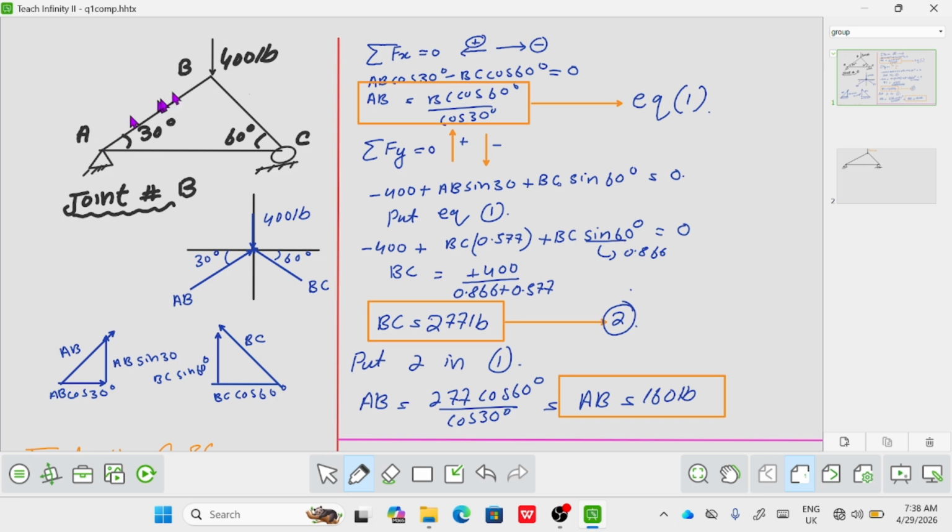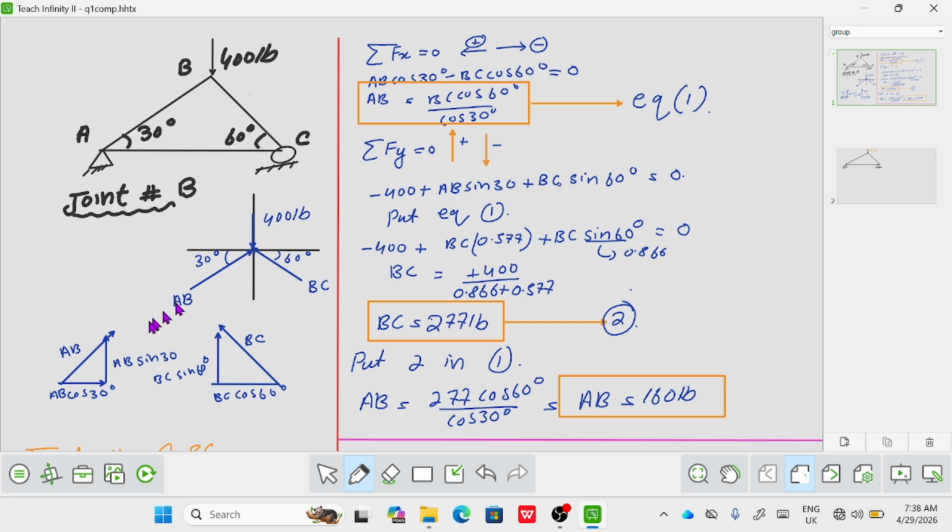At joint B there are two unknowns, AB and BC. These are unknown and 400 is known. So if I draw a free body diagram in the xy coordinate, it will look like that. AB makes a 30 degree angle with the horizontal axis, BC makes a 60 degree angle with the horizontal axis, and 400 pounds acts